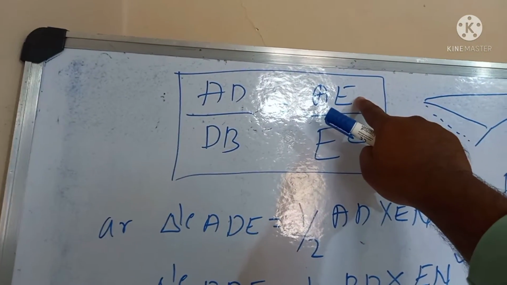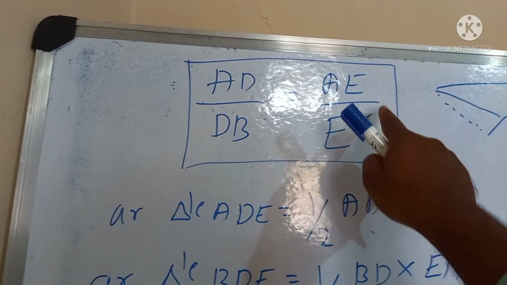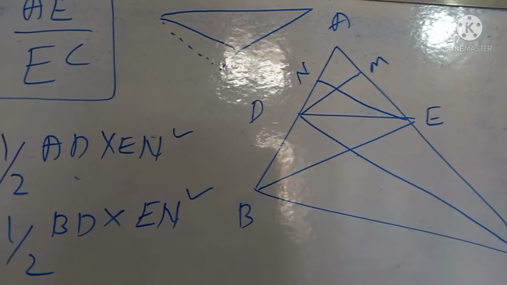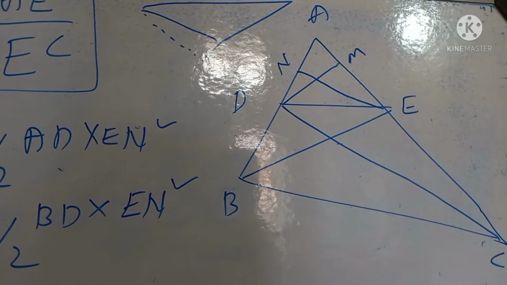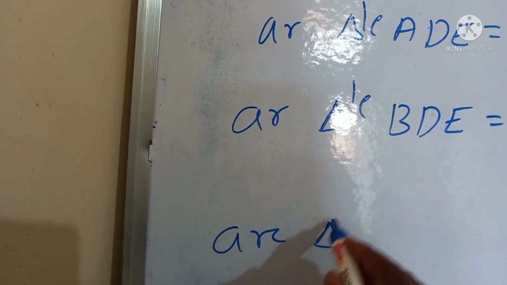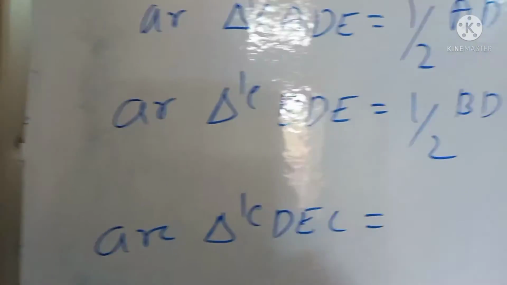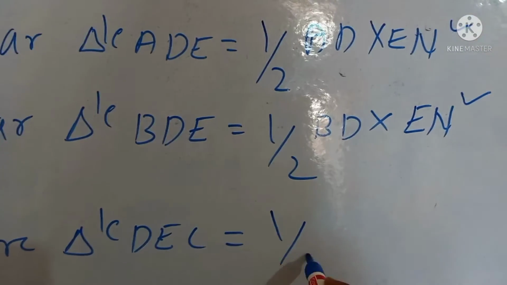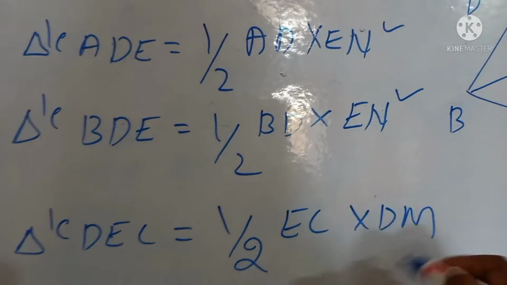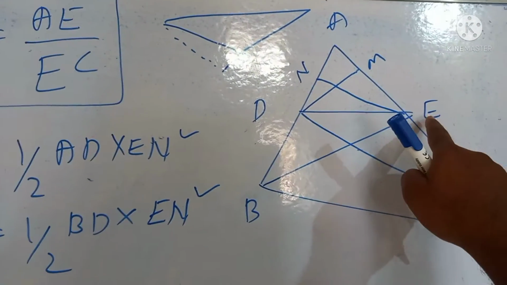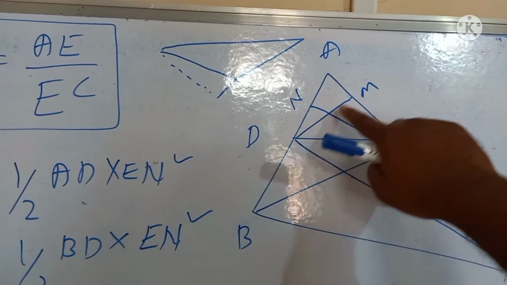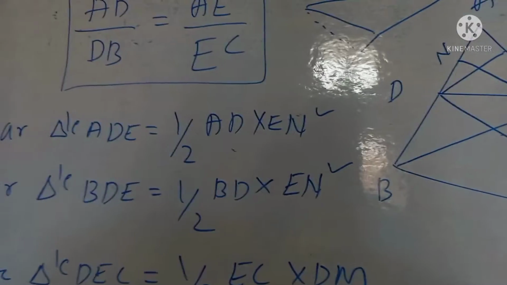Next our aim is to get the area of the triangles for the base AE and then AC. So where is AE? AE is here. For that reason I am choosing the area of triangle DEC, that is 1 by 2 into EC into DM. Here, similarly, again an obtuse triangle having the perpendicular like this, that's why I took DM and EC as the base.